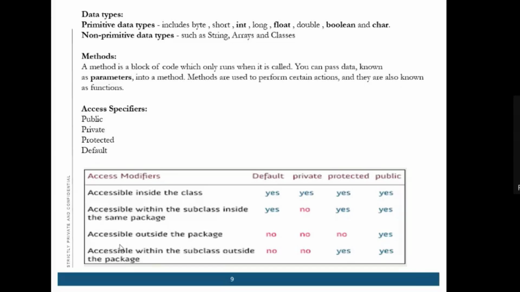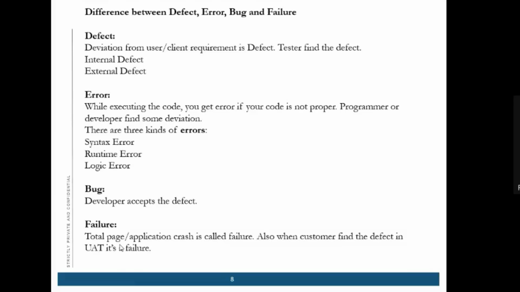Chavi, can you give me an example of the internal and external defect? Yeah, correct, I have missed that. When we are testing and we find some defects in our testing, that is an internal defect.